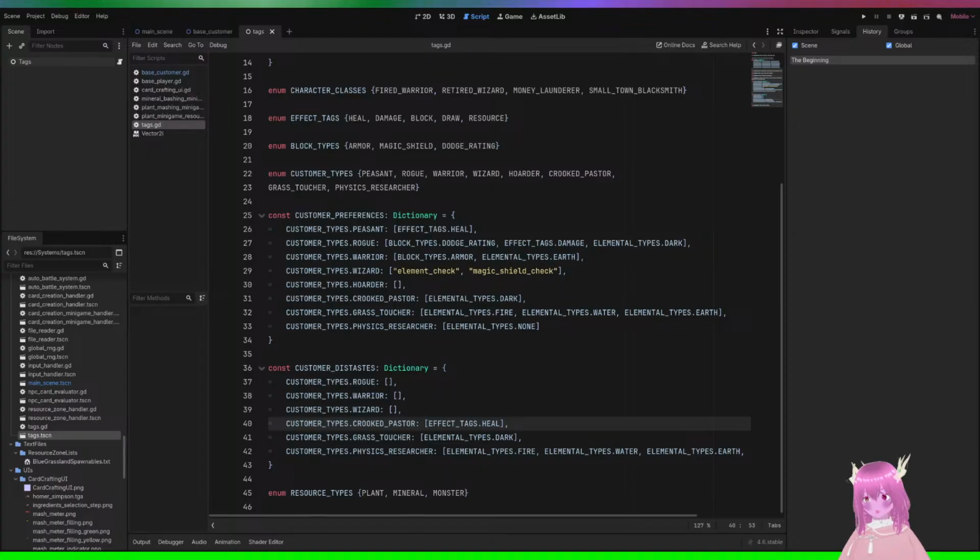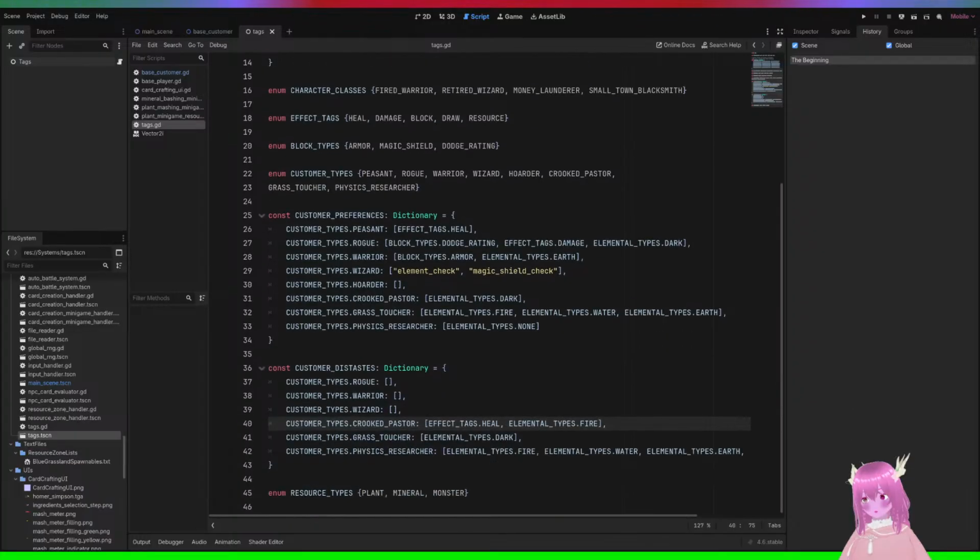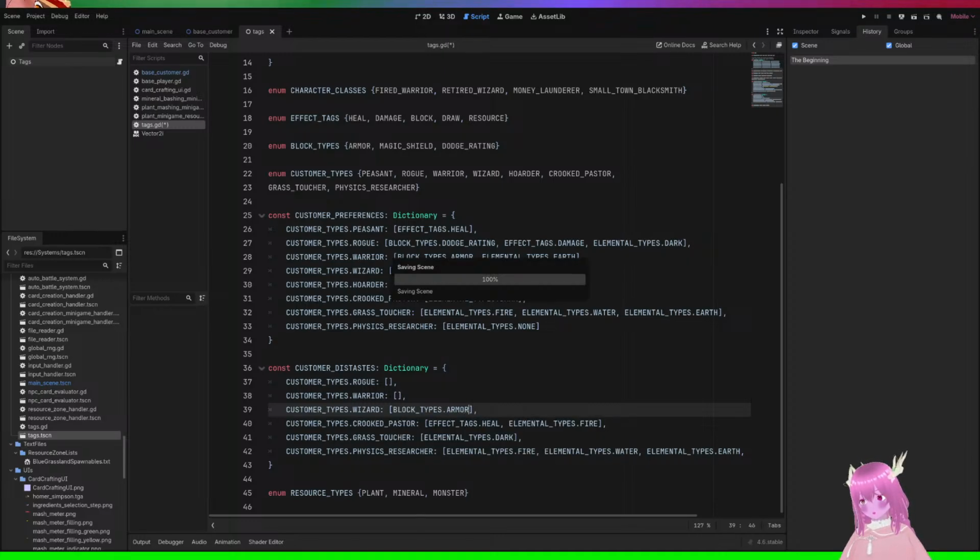He hates healing. And he will also hate elemental type stuff: fire. The wizard probably just doesn't like BlockType.armor.